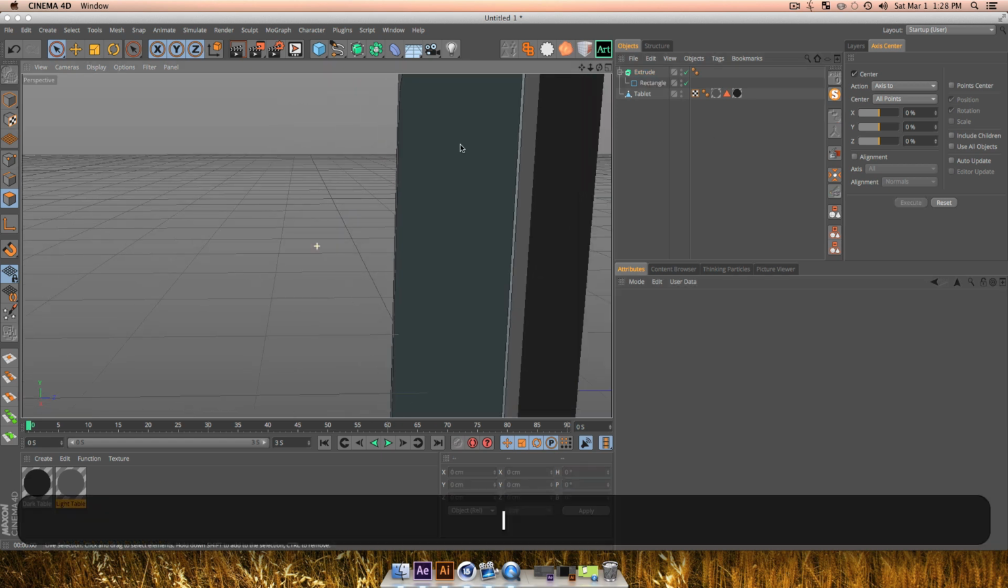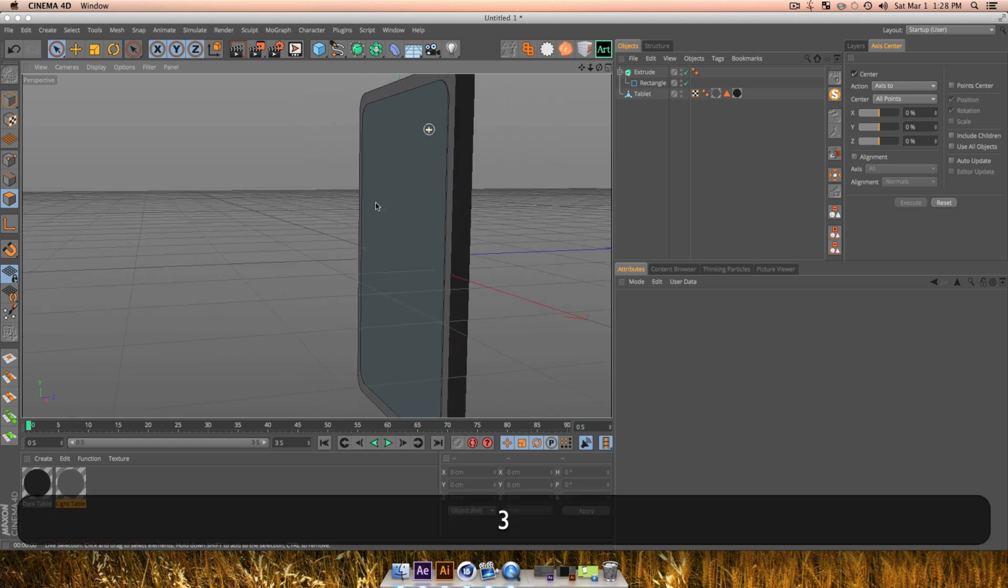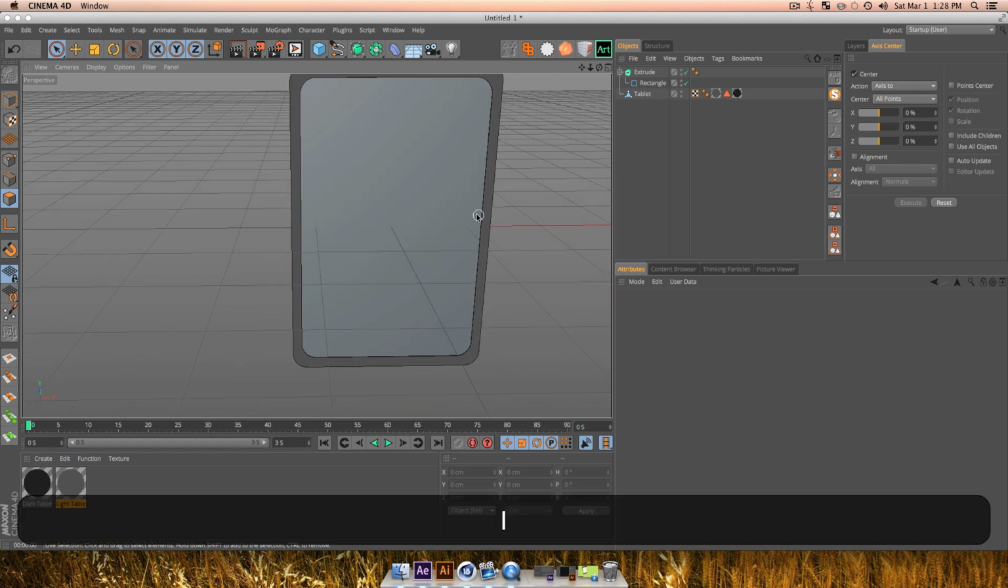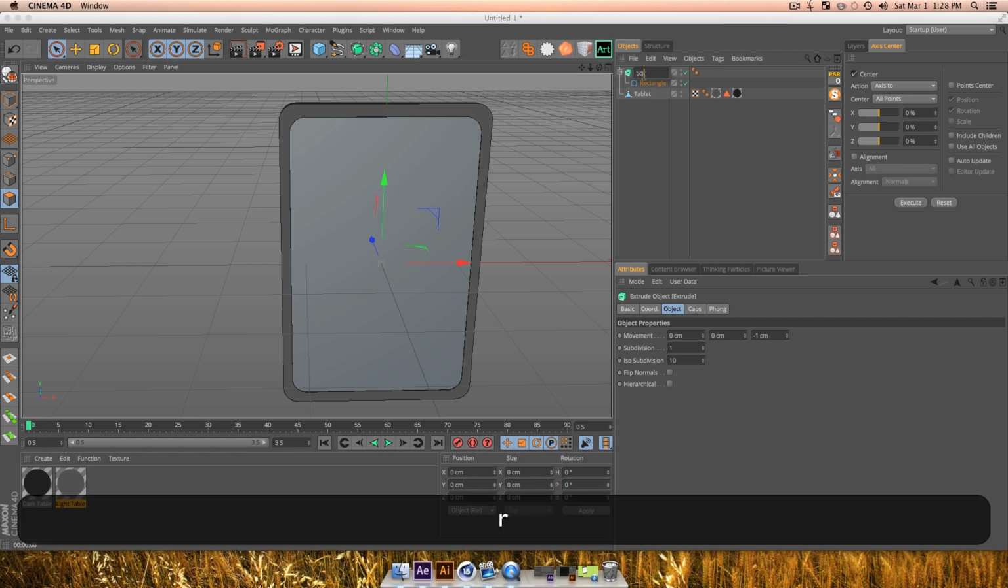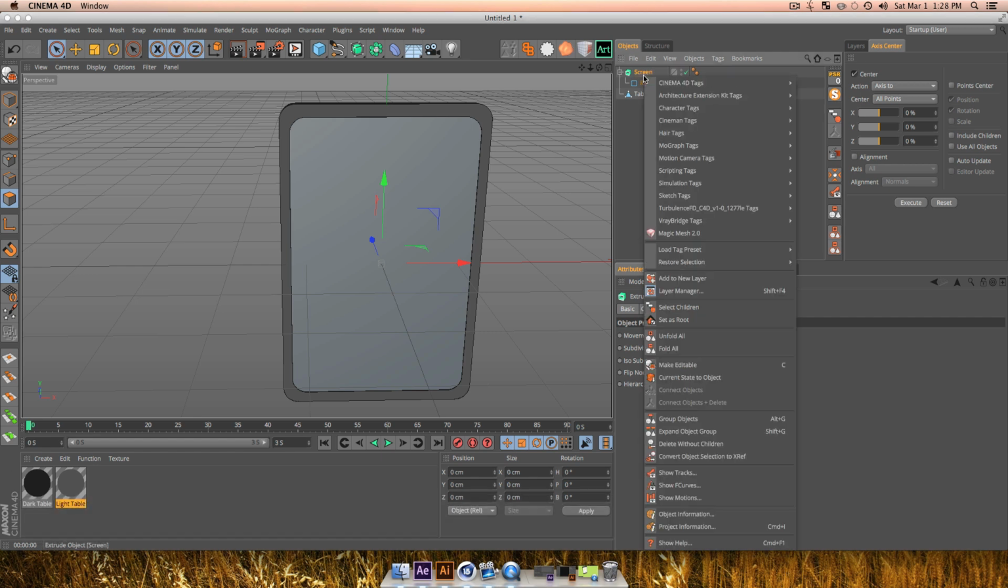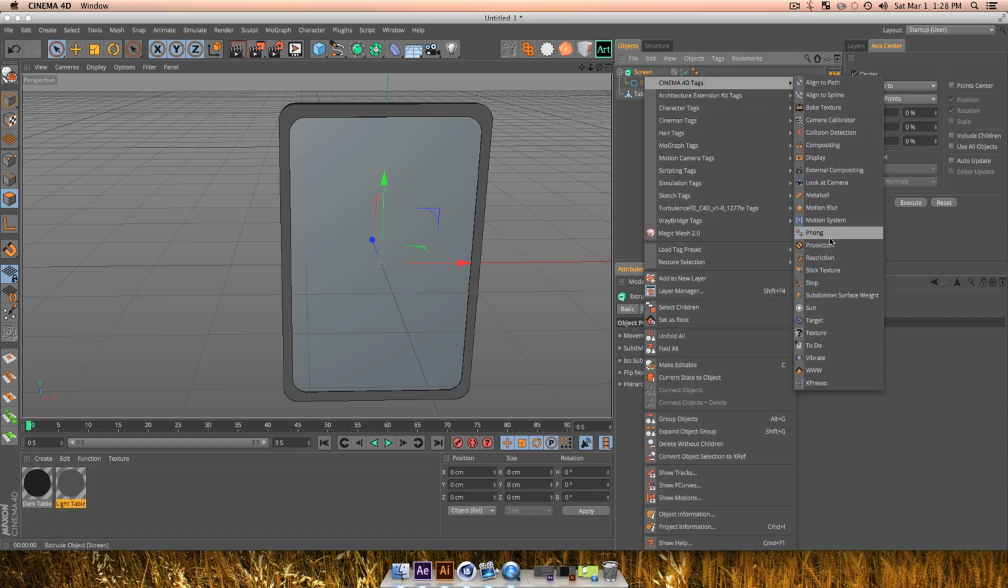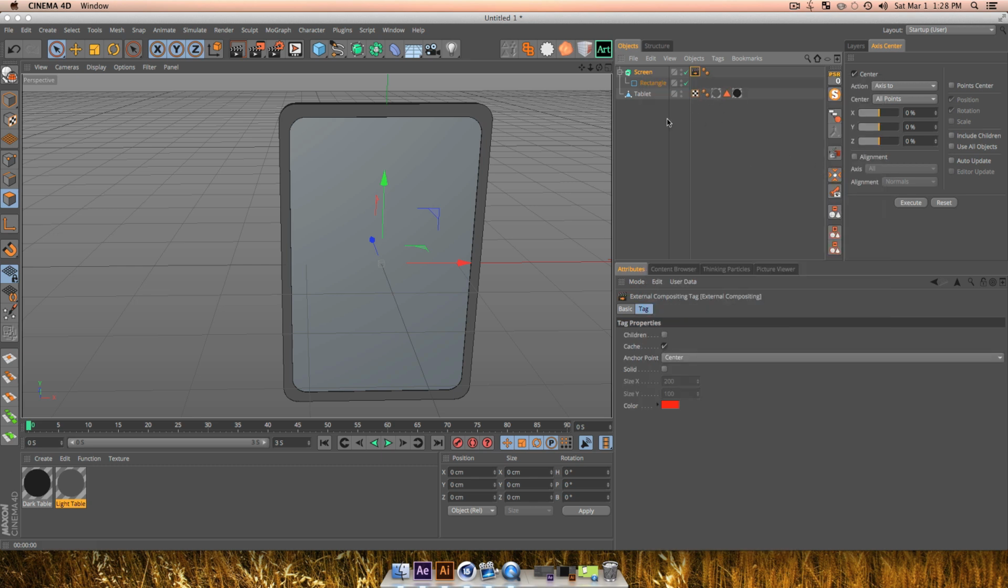So as you can see, we get it popping out just a little bit, so it's very subtle, but it will work great. Alright, so with that set up, let's go to our extrude, which I'm actually going to call screen. Right click your screen, go to Cinema 4D tags and external compositing tag. So what this does is send 3D data to a compositing program. And what we're also going to do is create a solid layer that will be able to composite in After